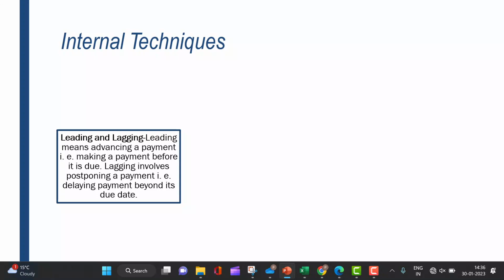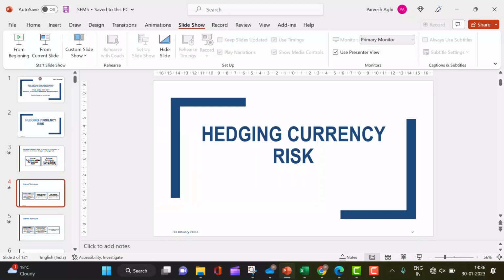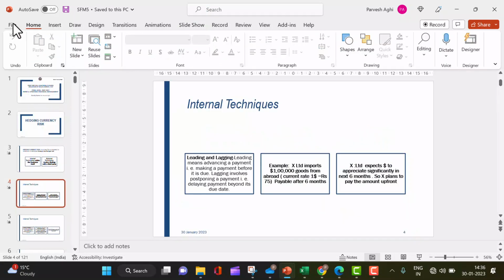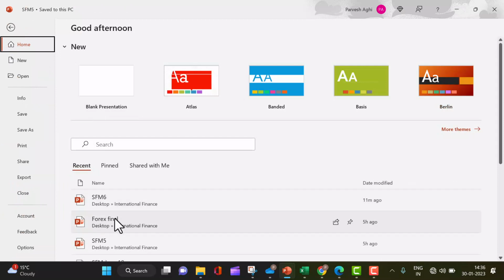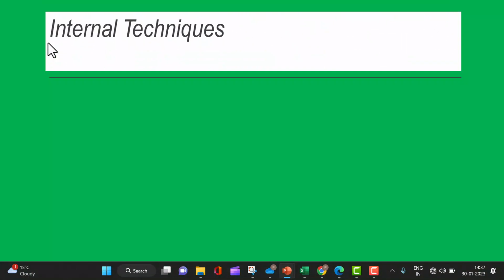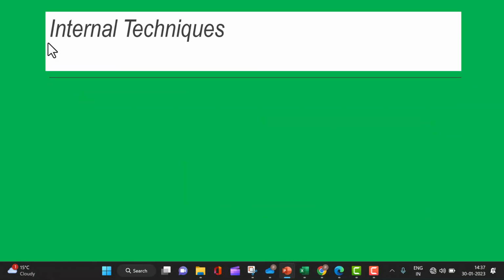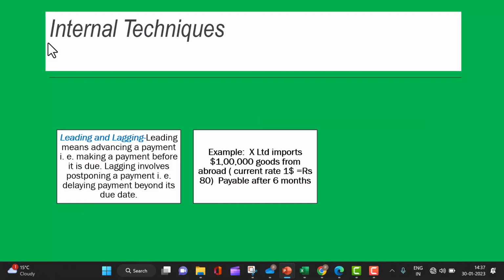Okay. So let's understand how it fits the exporter and importer. For example, X Limited imports 1 lakh goods from abroad. Now, what I'm going to do is shift to the new slide, because it carries the latest version, I've just changed them. Okay. So these were the